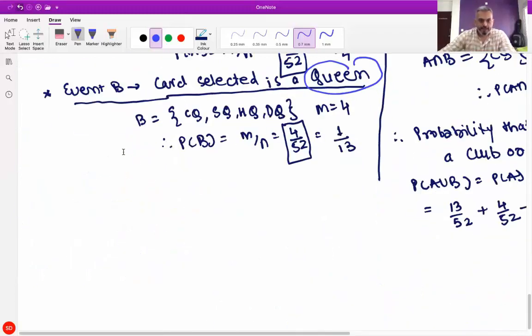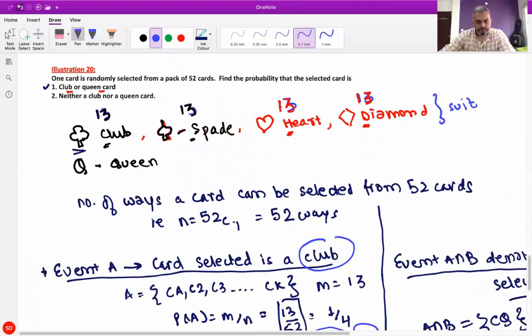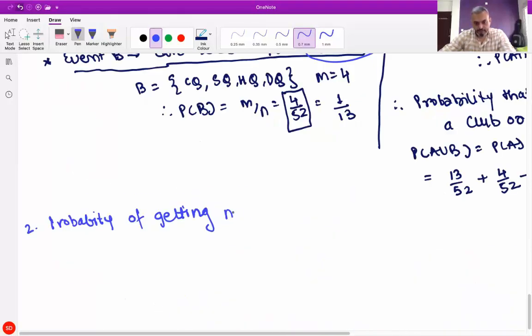So we say that probability for the second one of getting neither a club nor a queen is